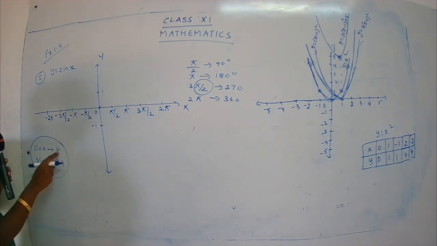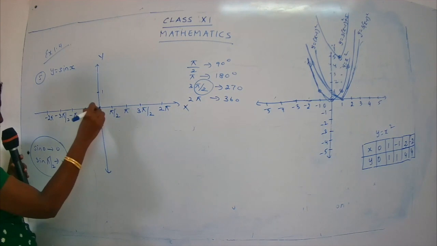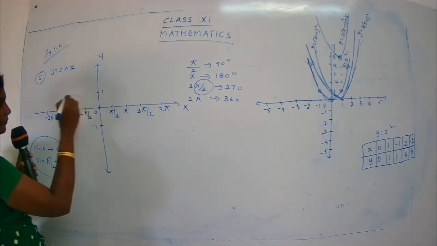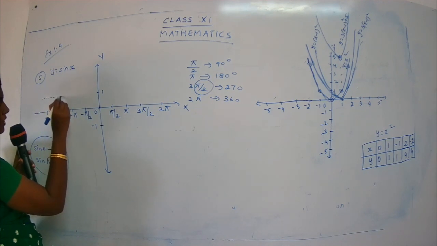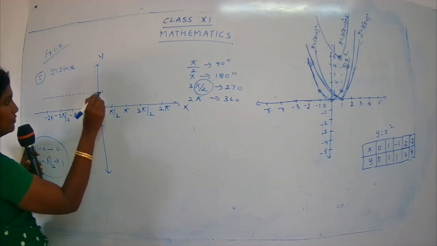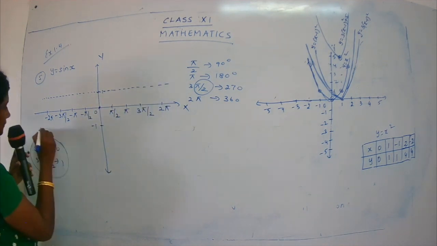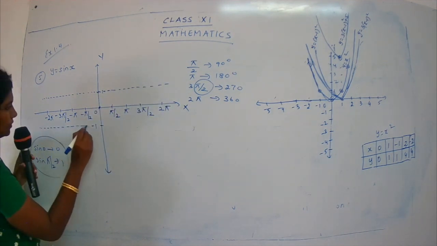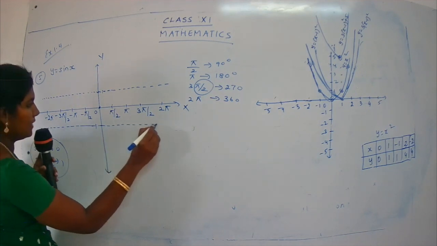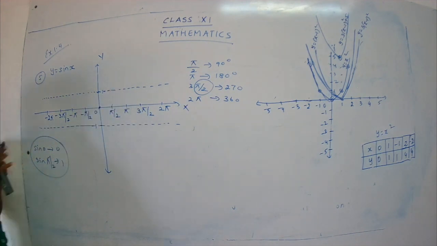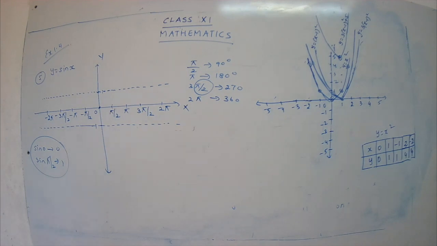So sin 0 is 0 and sin pi by 2 is 1. So it starts from 0, the starting point. Sin 0 is 0, so 0, 0, and at pi by 2 it is 1, somewhere here. You can just draw dotted lines so that our curve looks neat. Use a proper dotted line. Here also you draw a proper dotted line. And our curve is going to lie between these two lines, so that when we draw the peaks, they will be fixed properly. It will look neat. So draw dotted lines for minus 1 and 1.